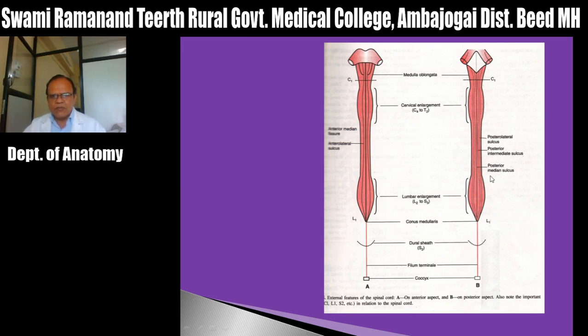Whereas this is the lumbar enlargement, which extends from segment L2 to S3, and the maximum enlargement in the lumbar region is at the level of S1. It is about 35 millimeters. So these are the enlargements. Why are these enlargements given? These are because of supplying the additional portion.